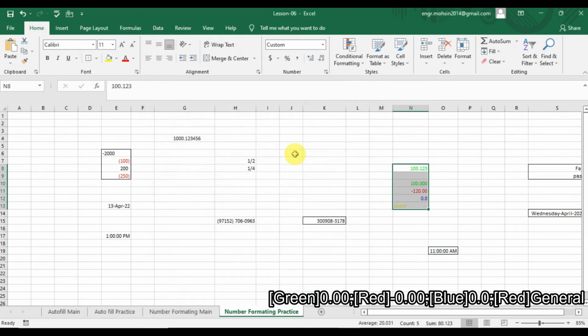By clicking enter, see, now my data is formatted to -120. So green is now for the positive, red is for the negative, blue is for the 0, and yellow is for the text. So like this you can